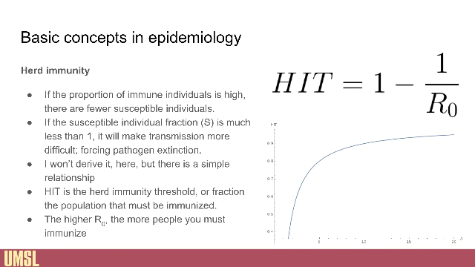So the trick here, and the rough part, is that the higher this R naught, the more people you have to immunize, right? As this number gets larger and larger, and this second side of the equation gets smaller and smaller, that means you have to immunize more and more people. And so, what does this mean